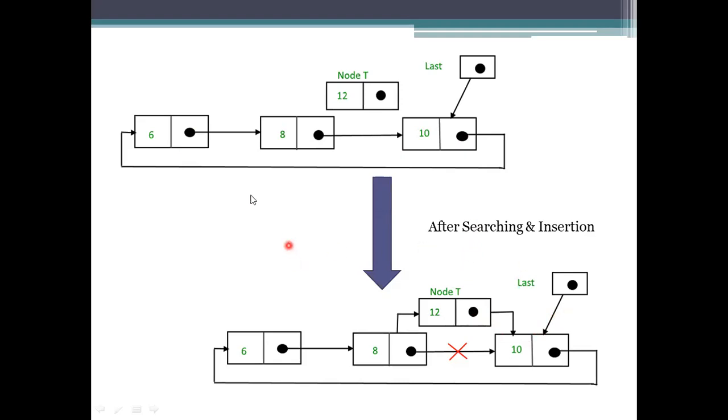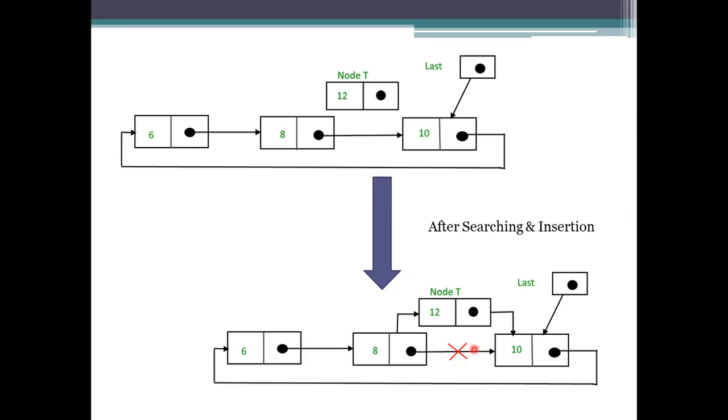If not, we need to start with the head and traverse to the 8, and then next we need to add. So this is being added in front of the last only, then there is no problem here. First, we need to identify the element we are searching for, that is 10. After finding the element, we need to take a temporary allocation here.